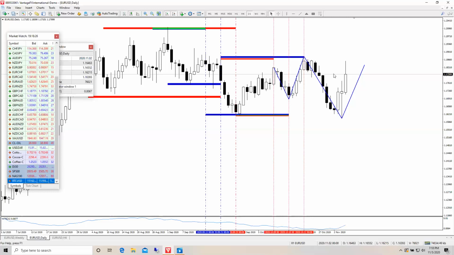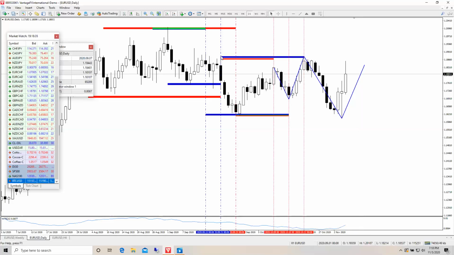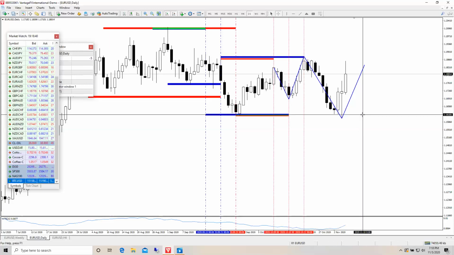We haven't had that. But in any case, you can see that despite the fact that I cannot actually know for sure whether this is in fact the top of the range and this is the bottom of the range, it's working pretty well. And that's kind of all we need.